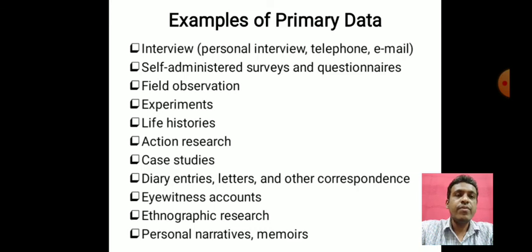So with this we end today's lecture. Today we have studied the advantages of primary data and the disadvantages of primary data, along with the sources of primary data. So hope you have understood this. If there is any difficulty, you can always